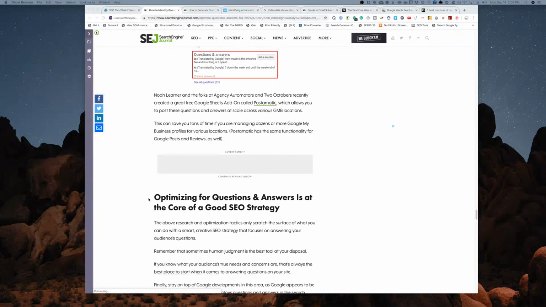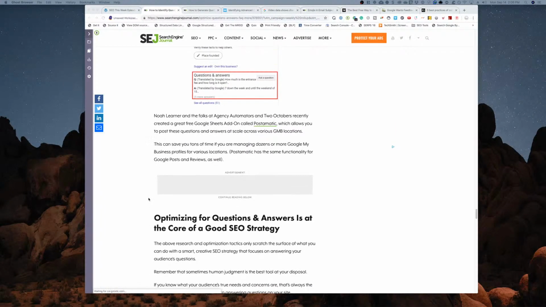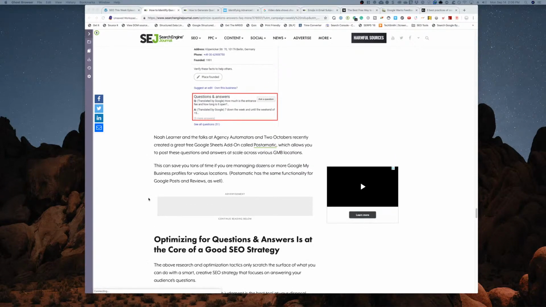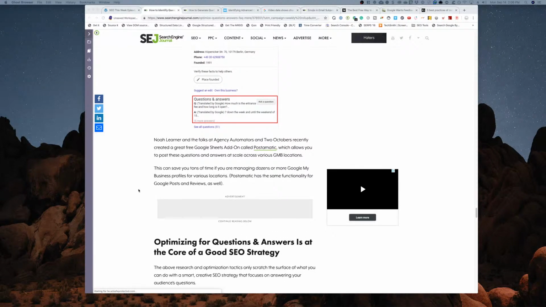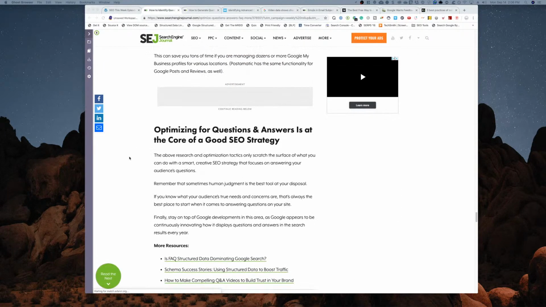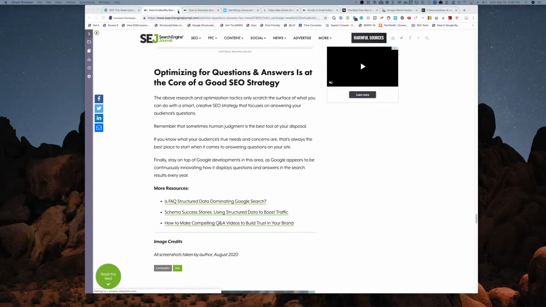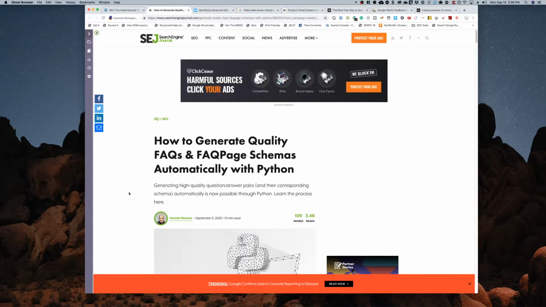And maybe if you get some more common questions from your clients or from people who are calling you, like what is your price or something like that, answer that right off the bat, and then maybe increase the quality of the clicks that you're getting. So that's a suggestion. Which leads us into the next story,